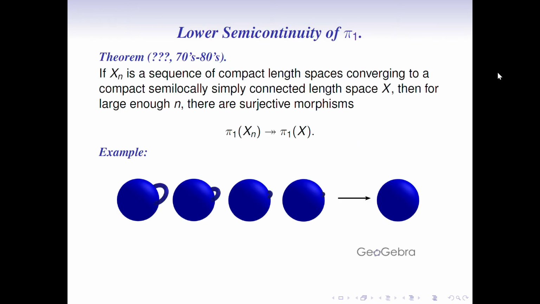Part 2, lower semicontinuity of the fundamental group. This phenomenon happens in general. We have this theorem, which is quite easy to prove, and says that if we have Gromov-Hausdorff convergence and some technical assumptions, then we have surjective morphisms from the fundamental groups of the elements of the sequence to the fundamental